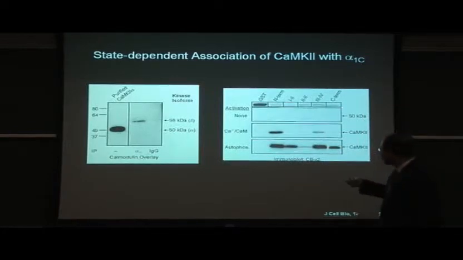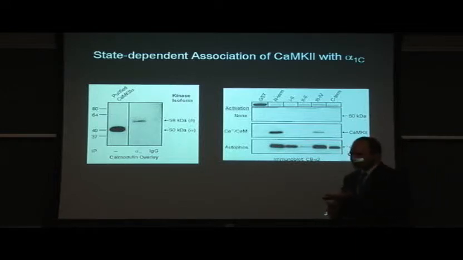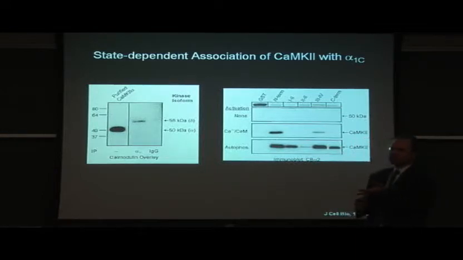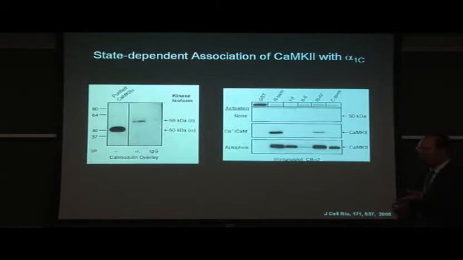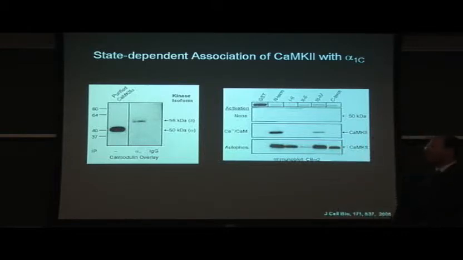So in this case, we have purified protein from bacteria, so it's the only protein around. In a myocyte, certainly the beta subunits are going to be associated, the alpha-2 delta subunits would be associated, calmodulin is associated, we've done those experiments. And this is an immunoprecipitation from myocytes suggesting that CaM kinase 2 itself is associated. So it's a large macromolecular complex. AKAPs are associated from Bill Catterall's lab. So there are quite a few proteins, but I don't think the list is endless. But I think it's a technical question.